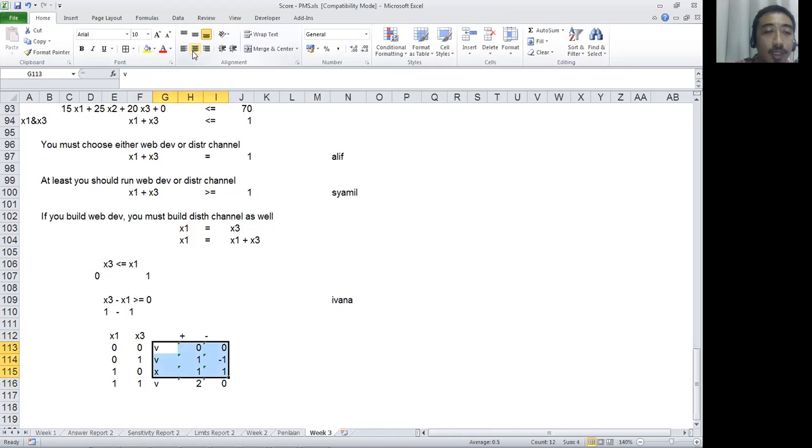Okay, based on this one, which number can be a pattern? If we use plus here and sum this up, the pattern will not be available, because the summation is 0, the summation is 1, the summation is 1, the summation is 2. You cannot do that, because even with the same summation, one case says okay, one case says not okay. Clear enough? So you cannot make the summation.